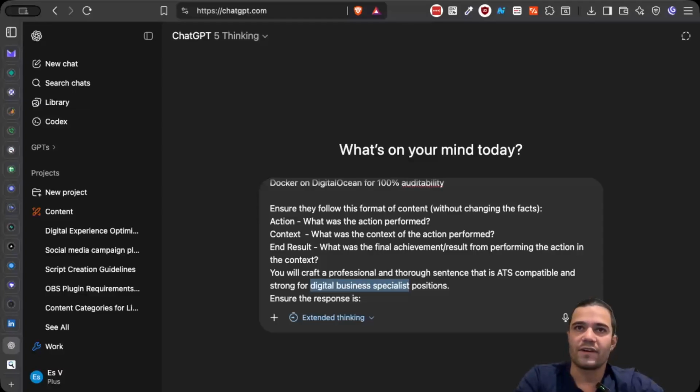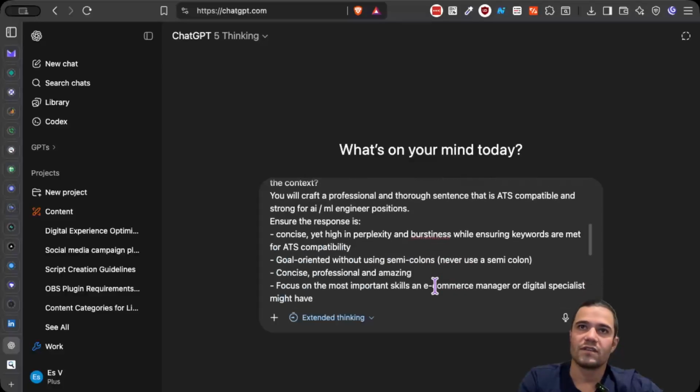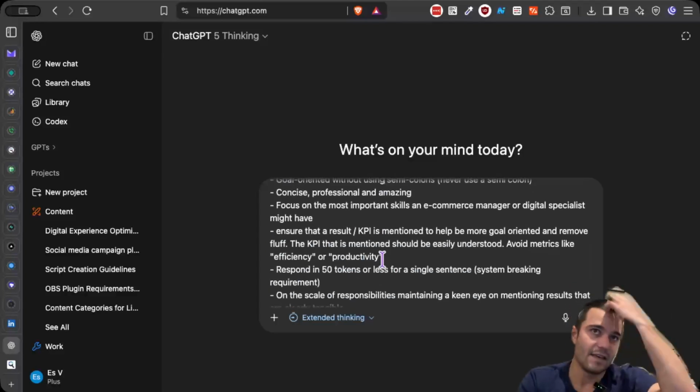You will craft a professional and thorough sentence that is ATS compatible for AI/ML engineer positions. Okay. So this is where I'd say it's concise, yet high in perplexity and burstiness. This is to make sure it doesn't sound like AI. And then we will,